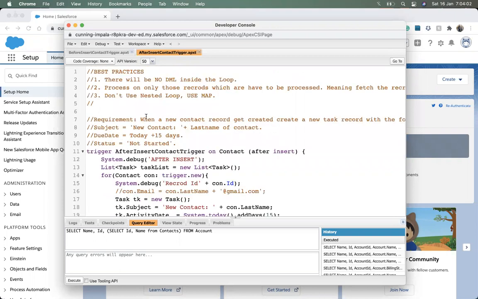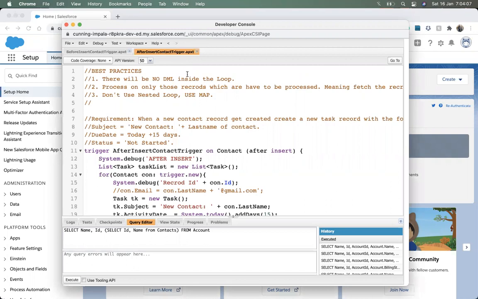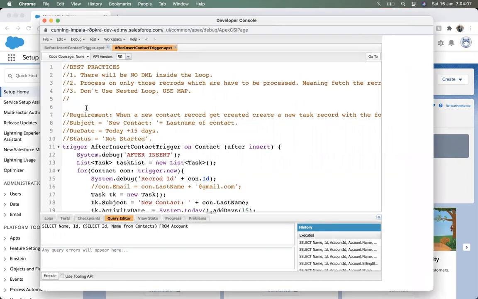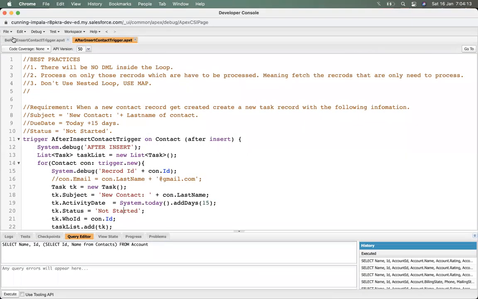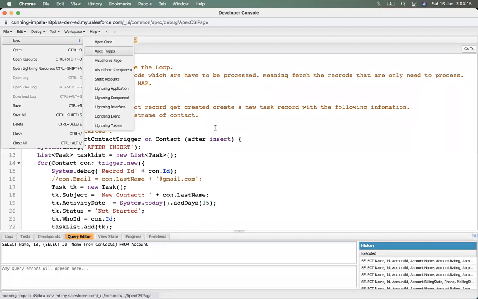Now today we discuss the update triggers, before update and after update. Okay, before update trigger and after update trigger. So let's again come up here and write.